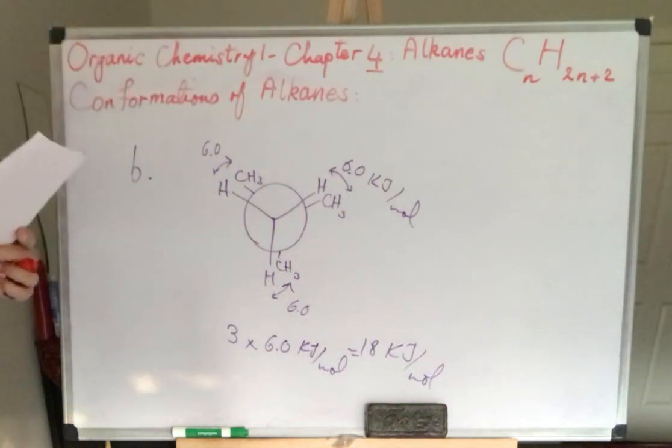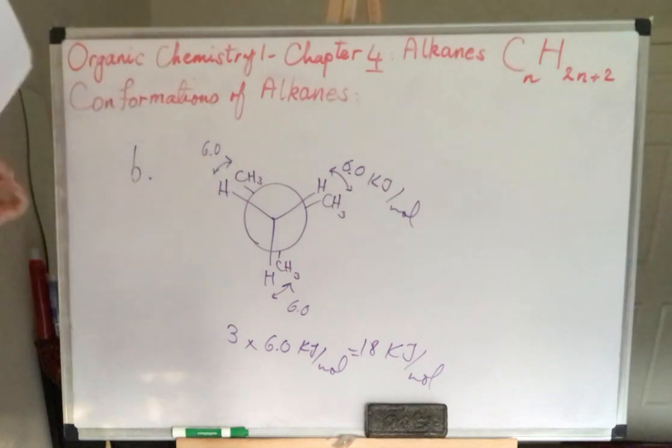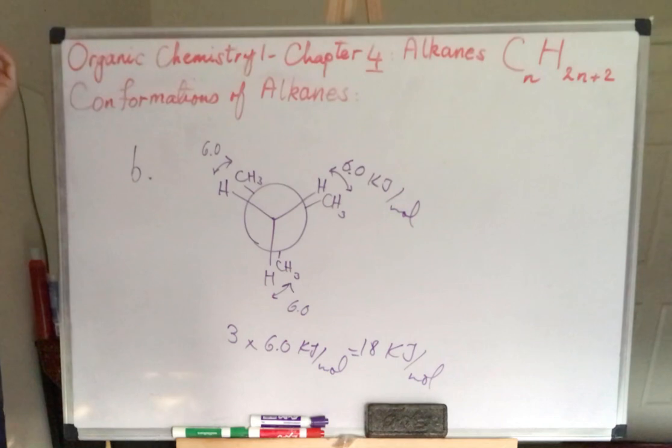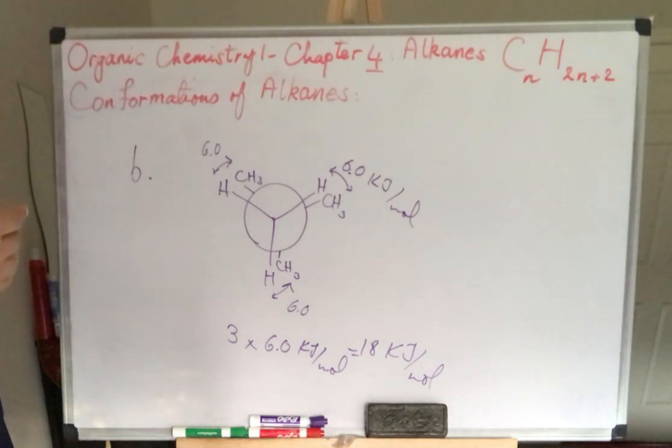Okay, this is as far as the conformations. You need to know how to draw the Newman projections, how to name them, eclipsed, staggered, gauche, and anti, and how to calculate their torsional strain. Don't forget, eclipsed is the most unstable, or the least stable, because of the highest torsional strain, but the staggered and anti are always less energy. Don't forget to have enough practice until we finish this chapter with cyclic